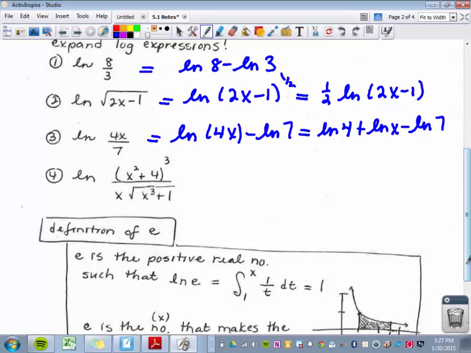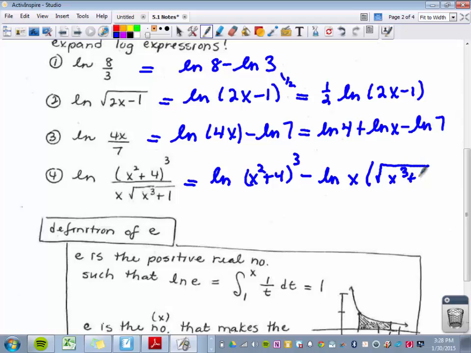Well, we could start off. We could say this is natural log of (x squared plus 4) to the 3rd power minus natural log of x times the square root of x to the 3rd plus 1. Is that good so far? I think so, because you've got the log of a quotient. Okay. And then if we take this first one, the natural log of (x squared plus 4) to the 3rd,